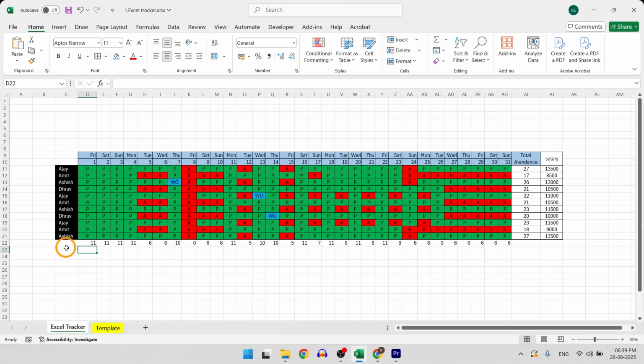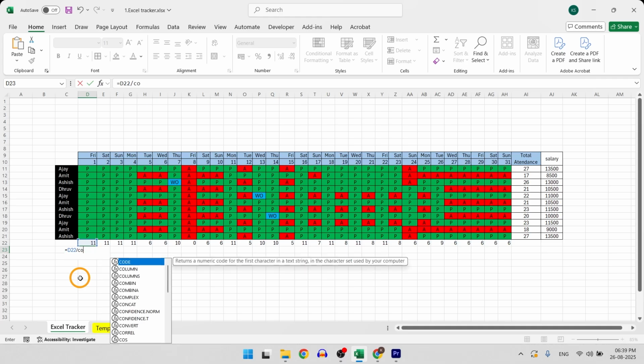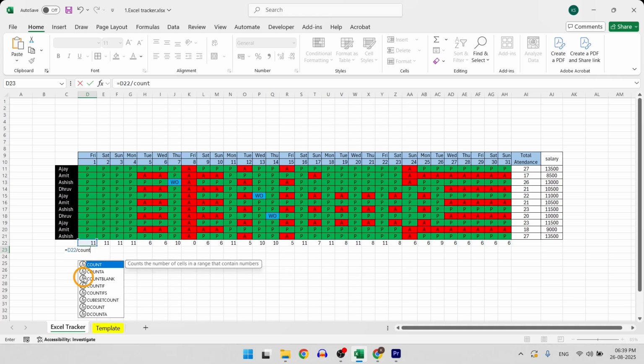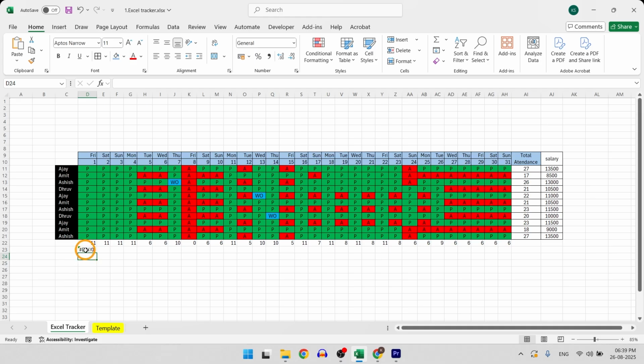You can easily convert these counts into percentage by dividing them by total head count. Let's try that here. I will divide this value by total count. But it throws an error. Division by 0.